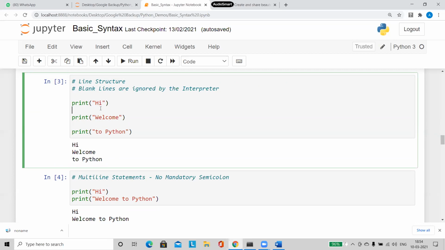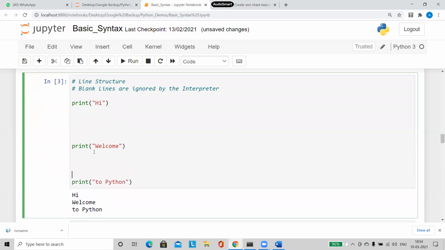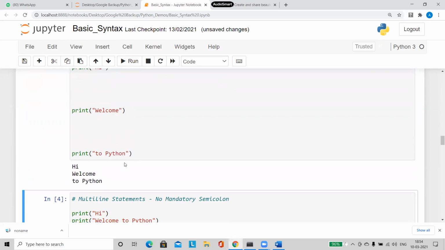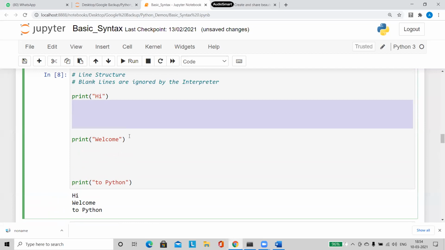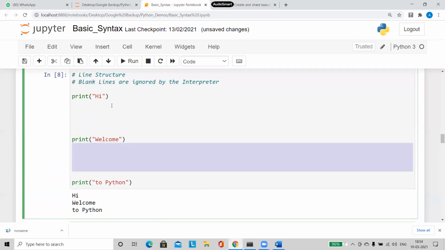Suppose after one print statement I give this much space, and after the second print statement like this, and then I run my program. No problem. All the empty spaces are ignored by my interpreter. In your output, you will get every print statement in one single line. All these in-between lines are ignored by your interpreter.